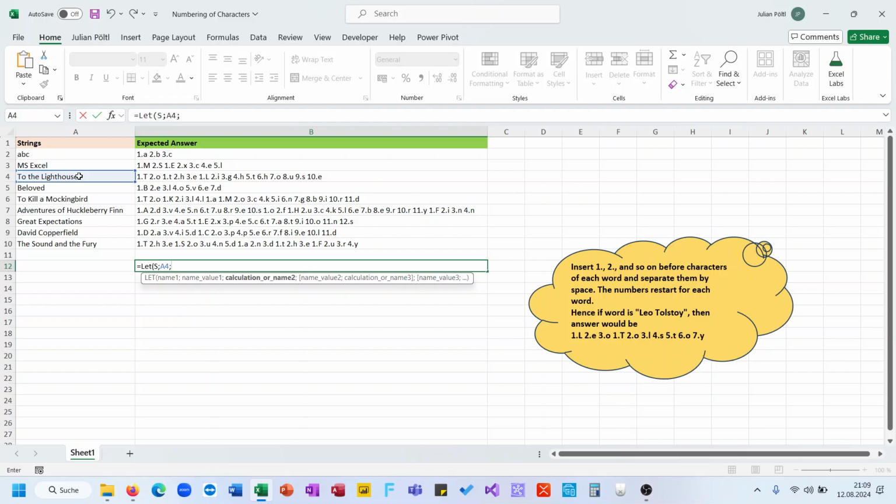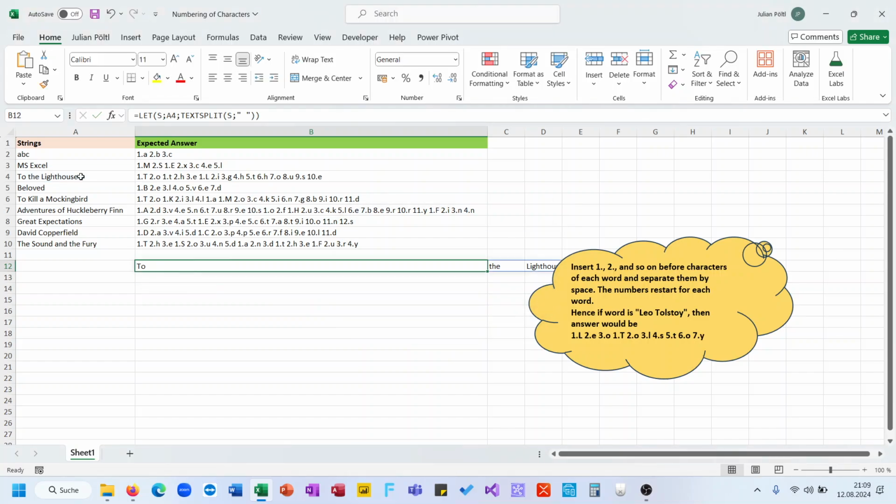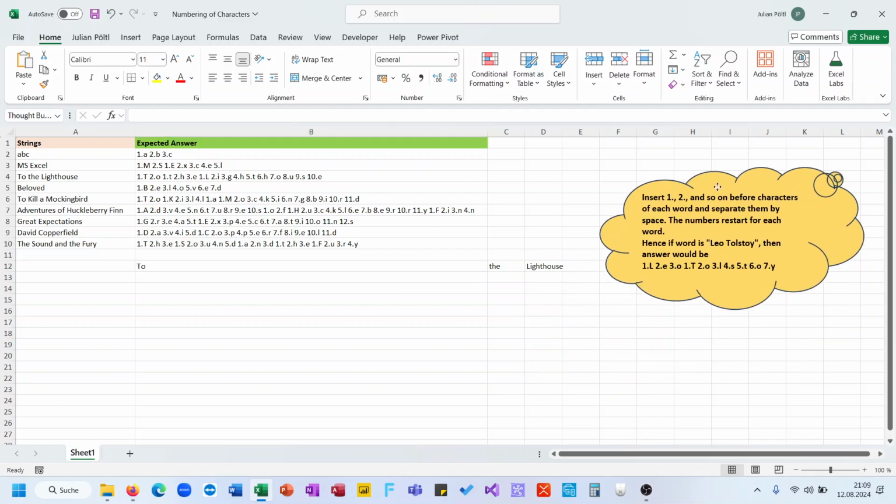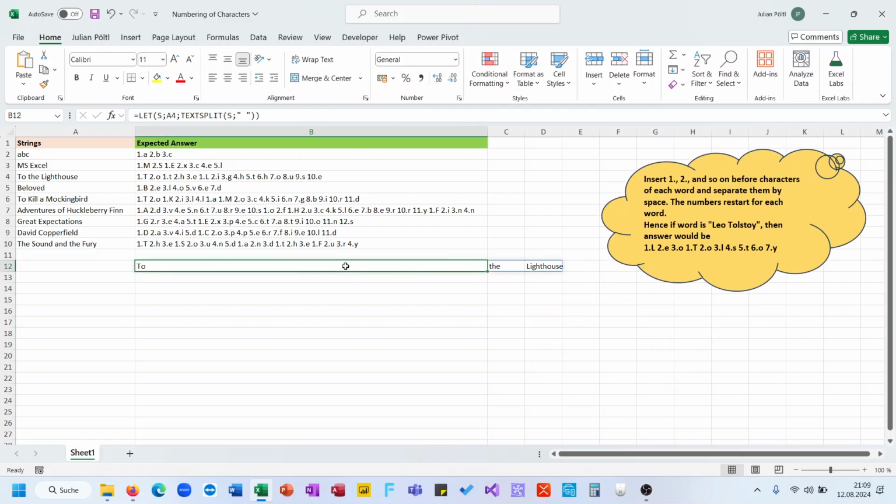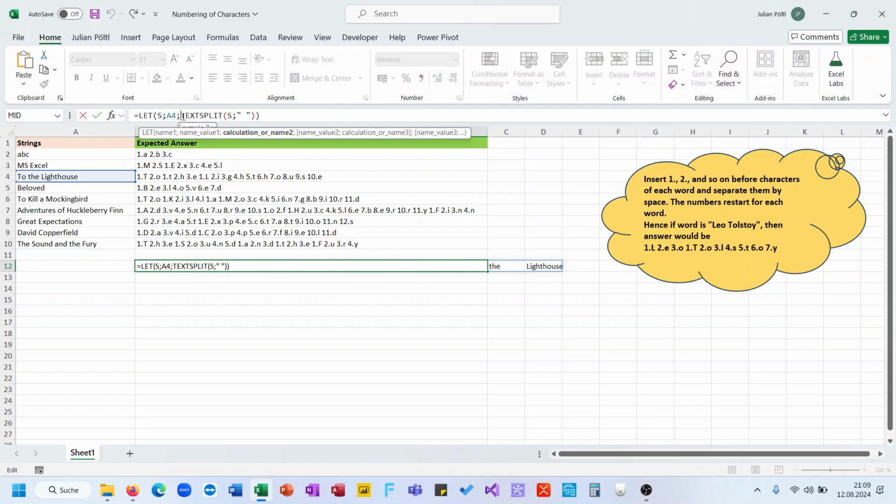So S, and then I will do a text split and split S after whatever delimiter this is. Oh yeah, we could also do it with this column delimiter here. So we have all the words split into different cells. And now I will map this on lambda, not labs, on lambda A,